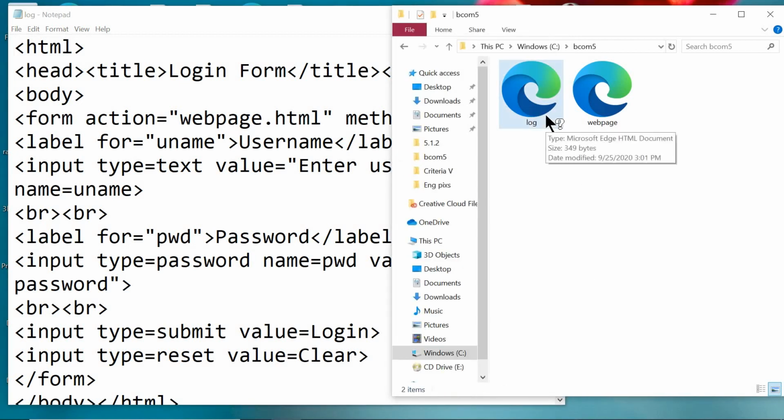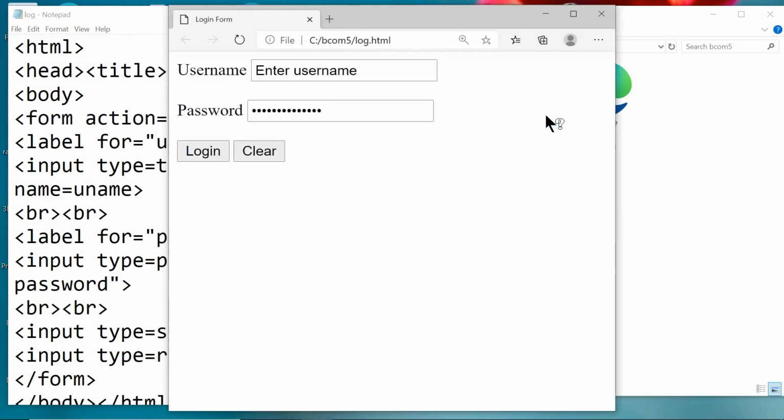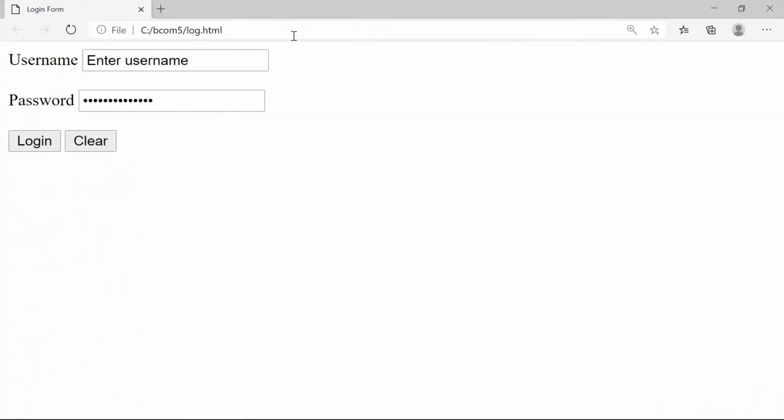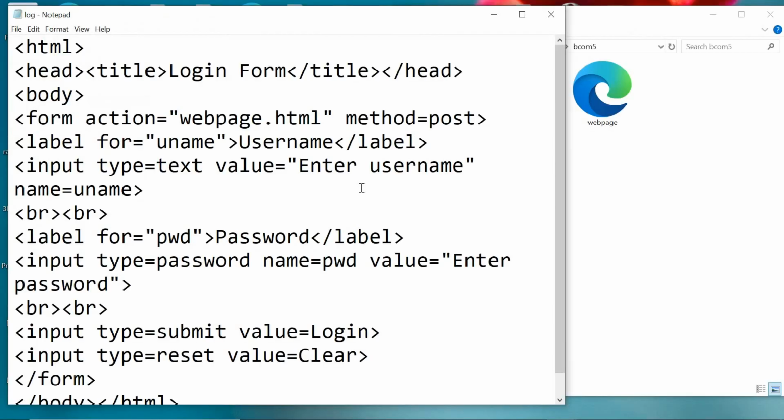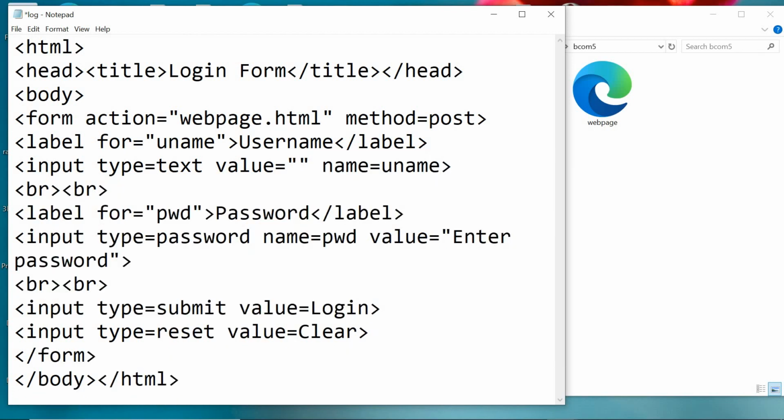Save this one, then open this one in the browser. What has happened here? Whatever the value we have provided, the same thing will appear onto the web page. If we keep this one blank, nothing will be displayed onto the web page.